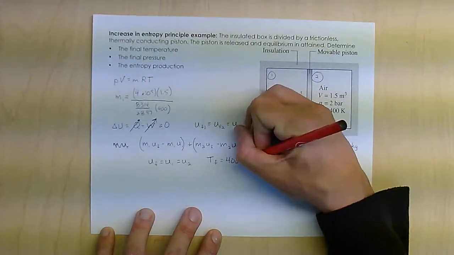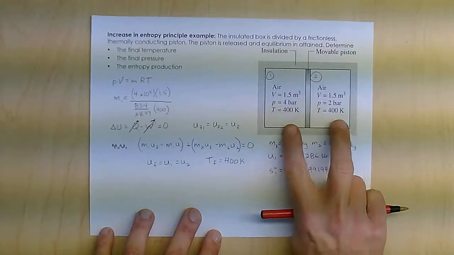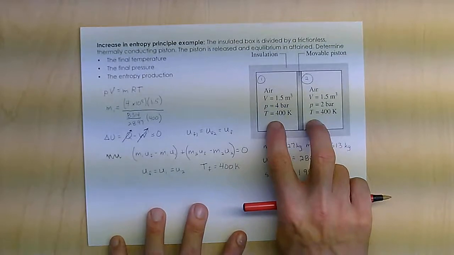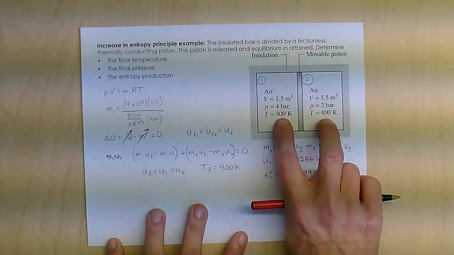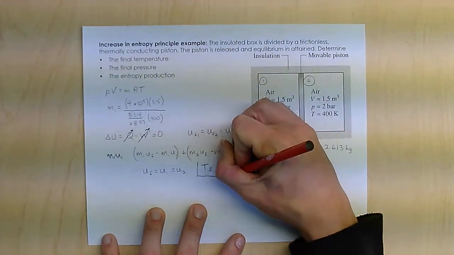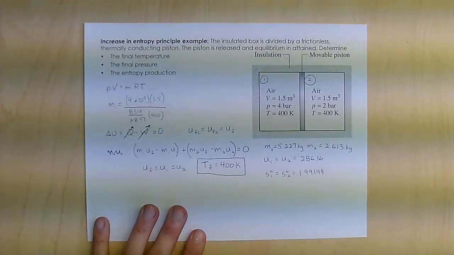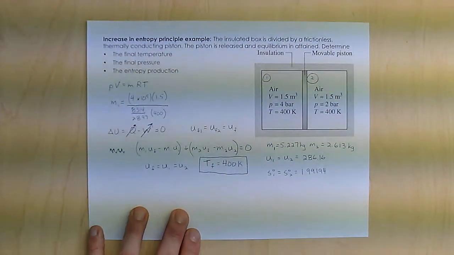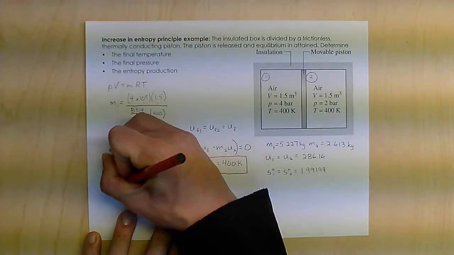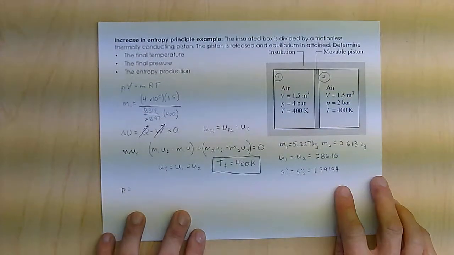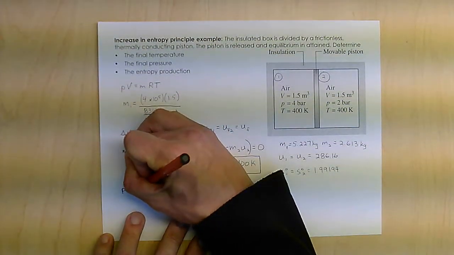Now, that was a whole lot of unnecessary math to recognize these are at the same temperature. So when they reach equilibrium, they're going to reach the same equilibrium temperature, so that final temperature is going to be 400 Kelvin. Now that I have that final temperature, I can find the final pressure just using the ideal gas model again, where I'm going to have my mass,